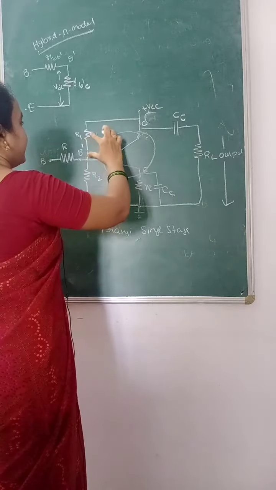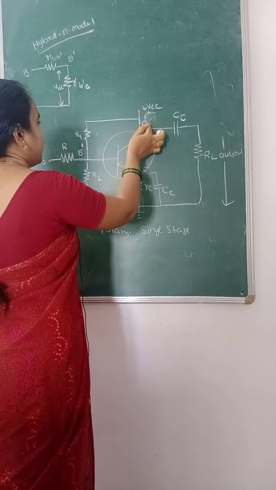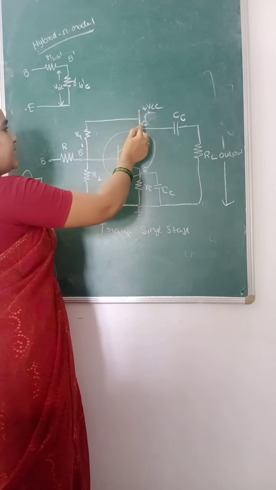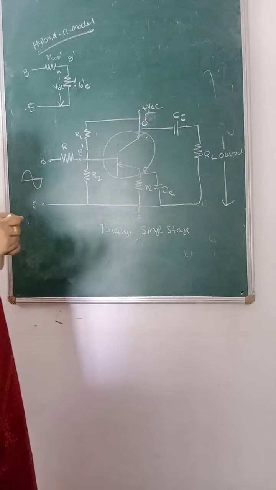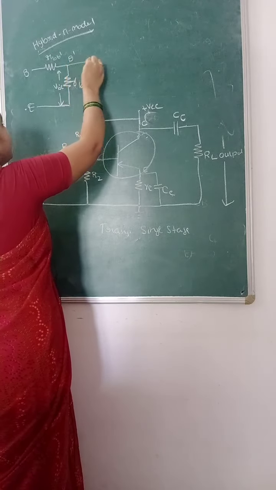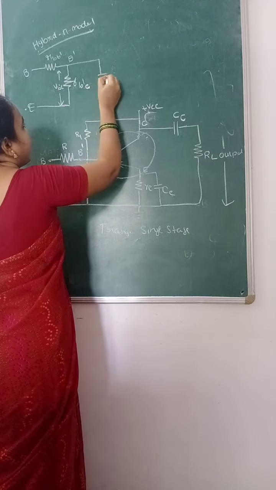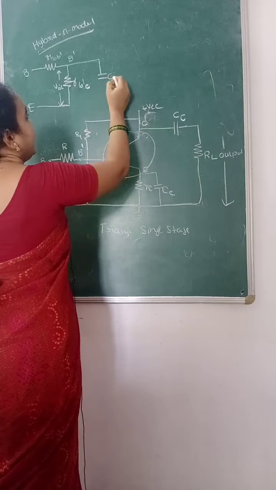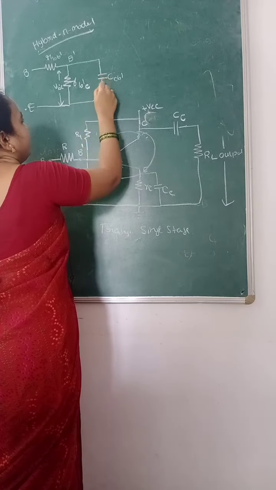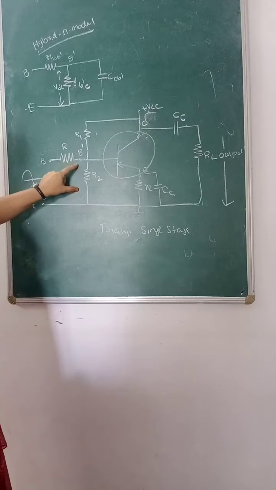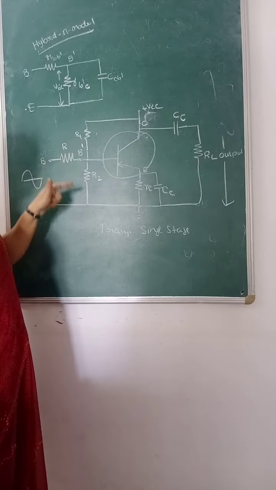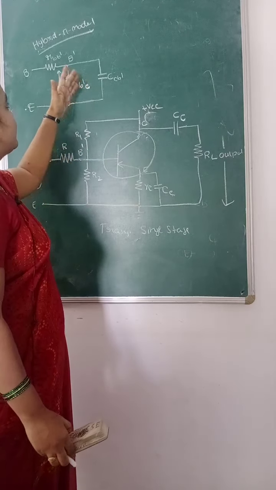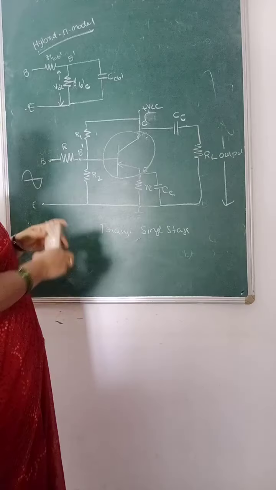Here we will have a resistance between the capacitance and the interbase terminal B dash. So here R1 is the resistance between the capacitance and the interbase B dash. Here we will replace the resistance with a capacitance. So here the capacitance is C between the terminals C and B dash. So RB dash E is the resistance between the terminals B dash and the emitter, and C is the capacitance offered by the transistor between the terminals B dash and emitter.